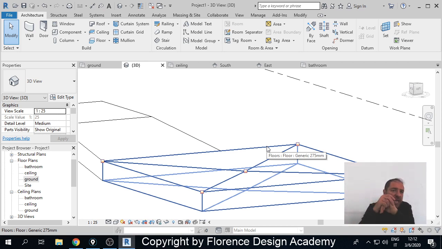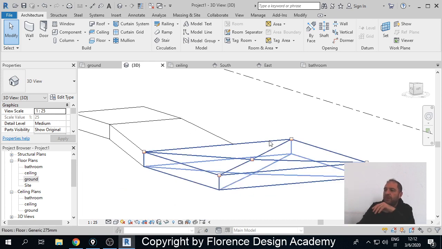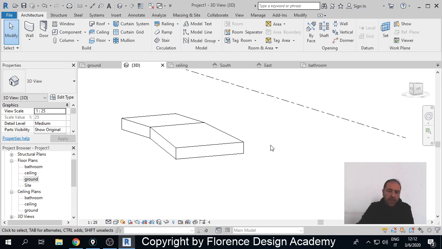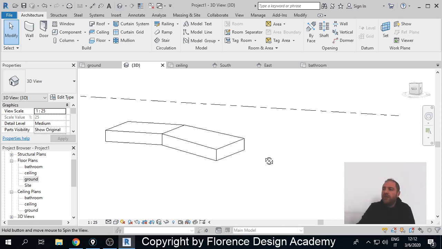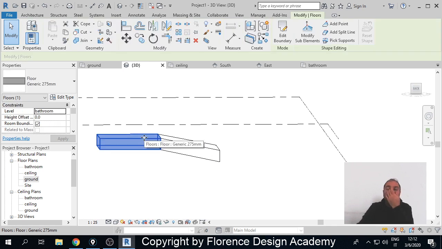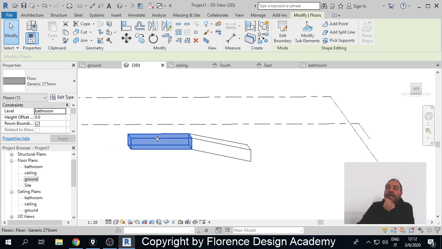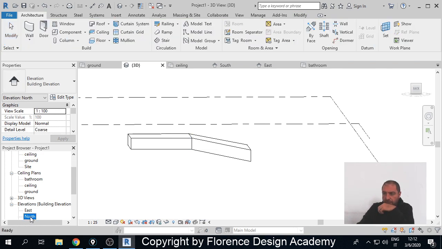Second question, how can I attach slope to the level? Because while the wall is bonded, it looks like I can move. What do you mean? Look, if I create a floor and I go to my elevation view,